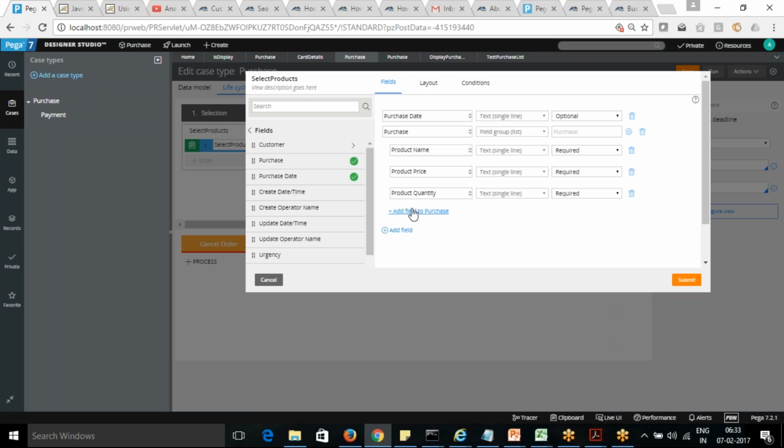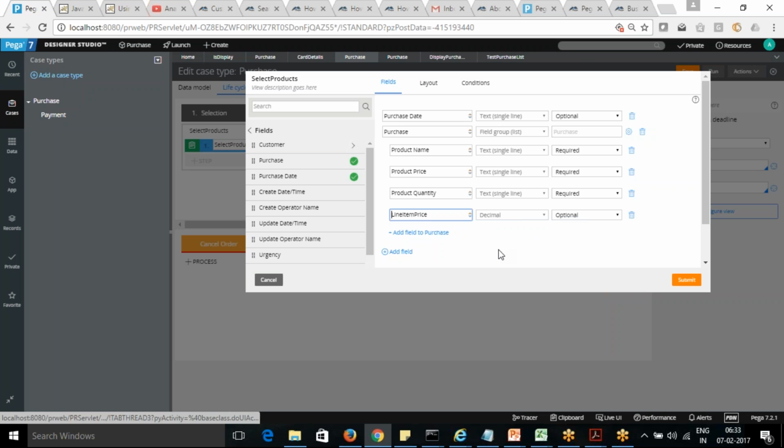Okay, it's name, price, quantity, and after that I want to use the line item. It's not good. Okay, so that will be.